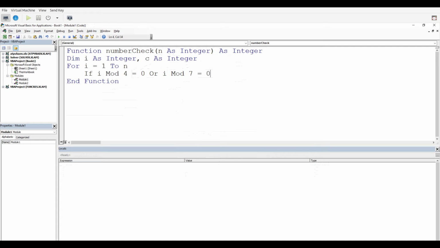So what's going to happen is that VBA is going to go through the numbers we set for our value in here. It's going to check to see if the number we put for n is divisible by 4 or divisible by 7, then